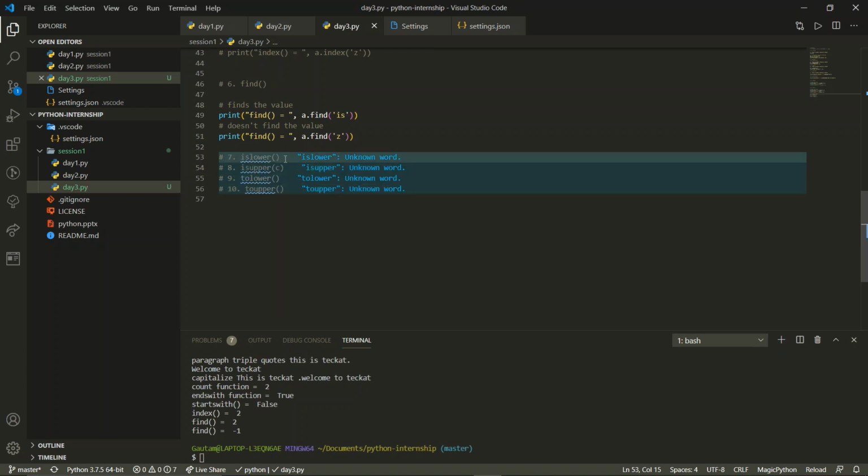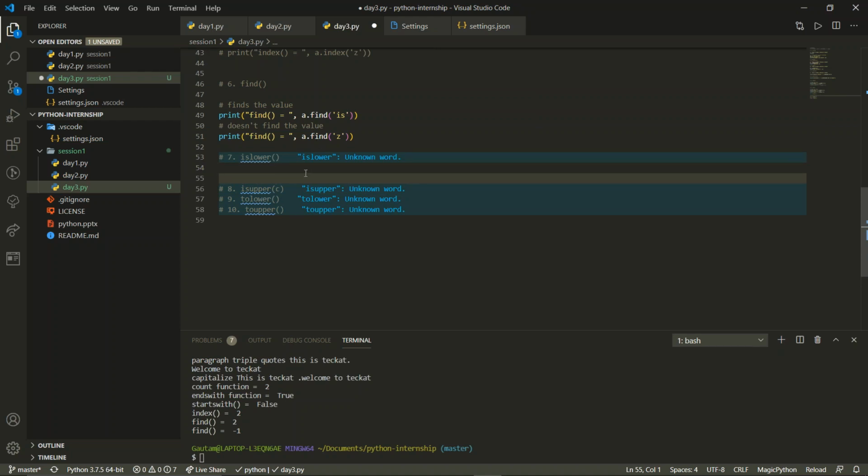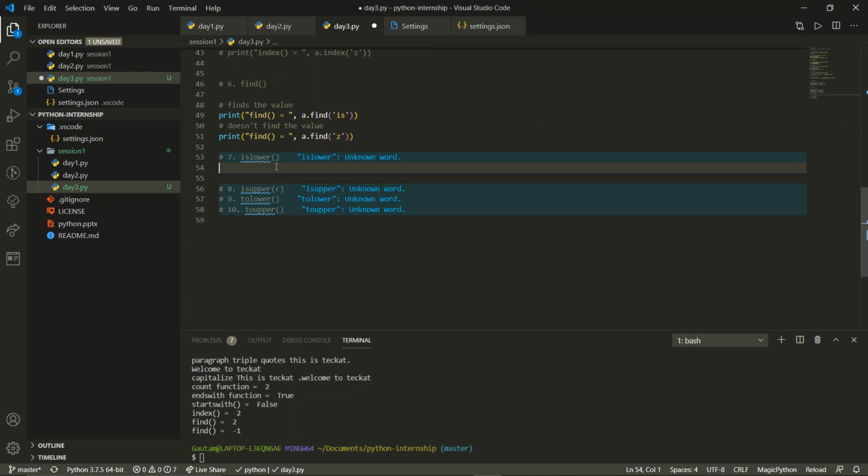That's it. So we're going to test one by one. Let me take another string for this. Let us take a string K, anything you want, you can take it. So let me take a string in a jumbled format.